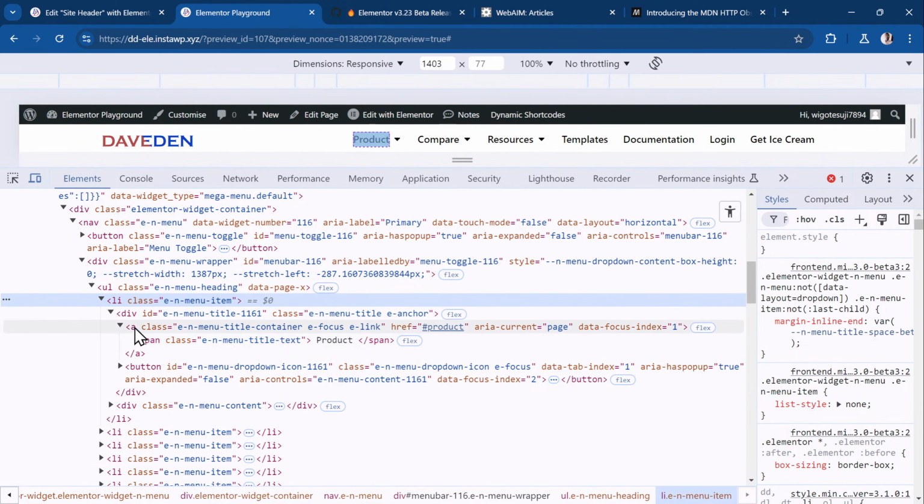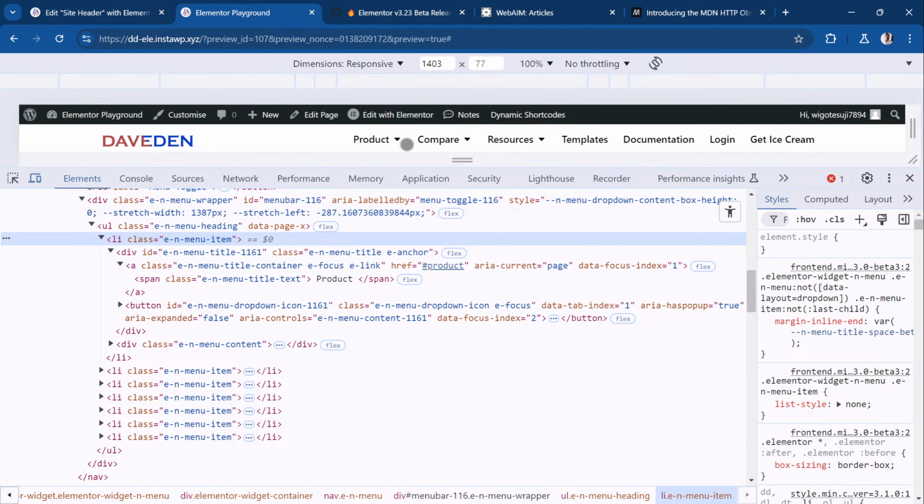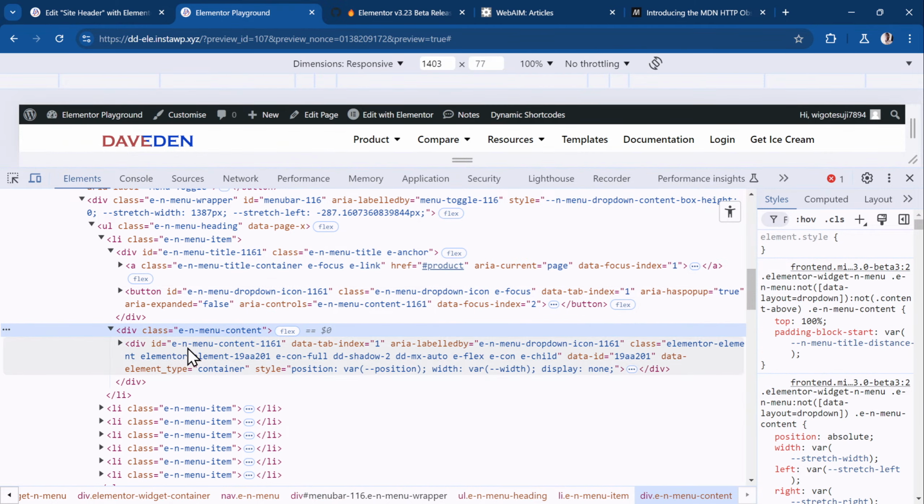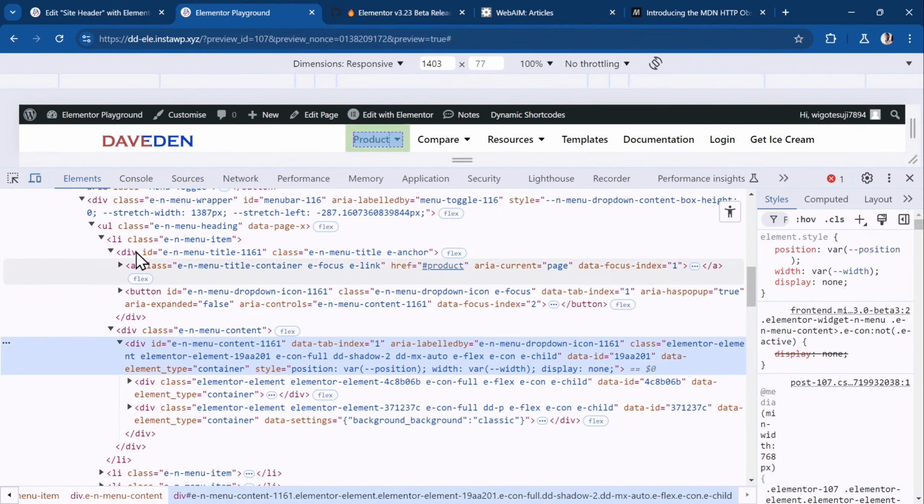So you see the A tag, then we have the button tag that triggers the button to open and close. Next, we should have the drop down content. So button, then we have the drop down content that is beneath it. And then all of our elements are there. So basically the HTML is following in the right order. So from the link item,